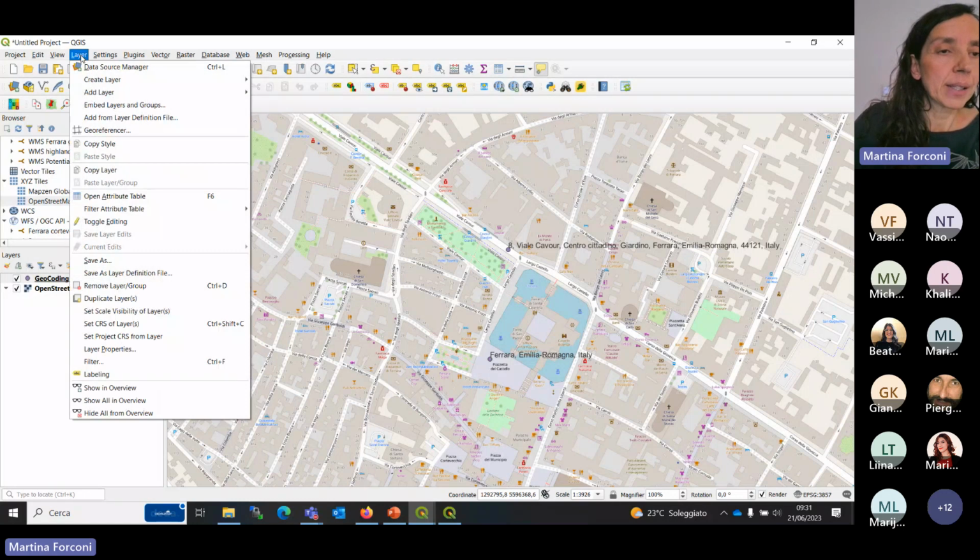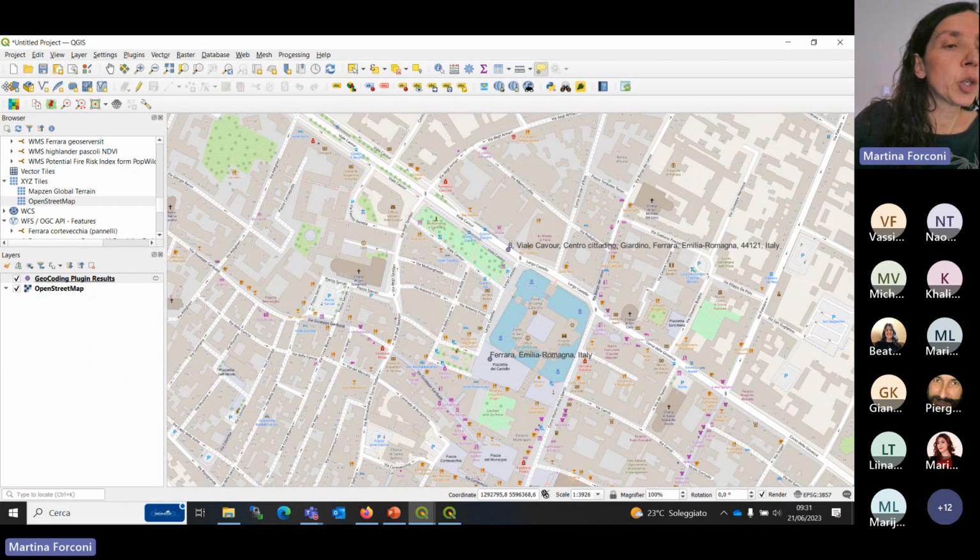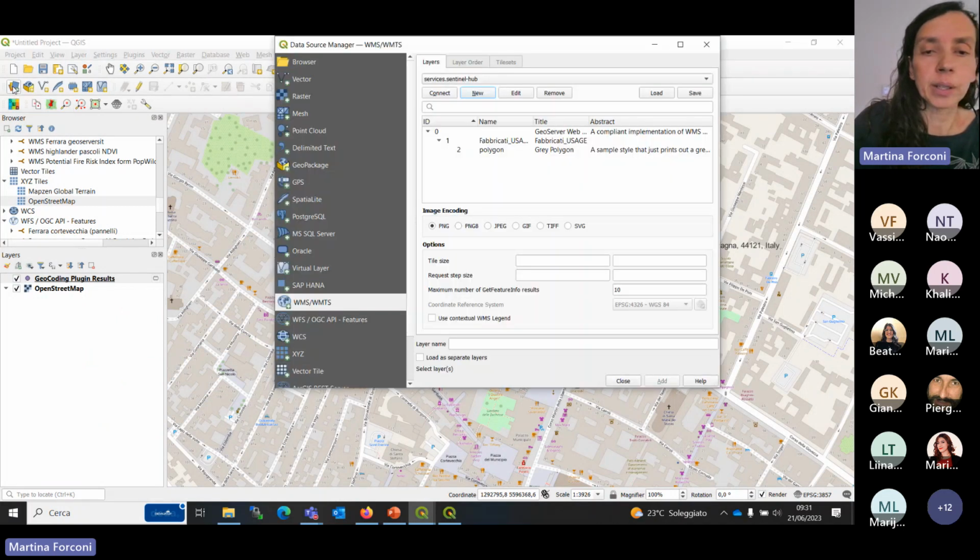To add a WMS layer, you can use this tool, Open Data Source Manager, and choose WMS, WMTS. This one uses tiled images, but the connection is the same for both.